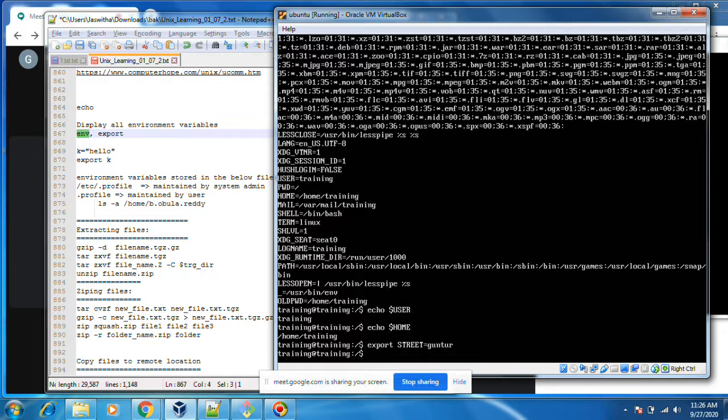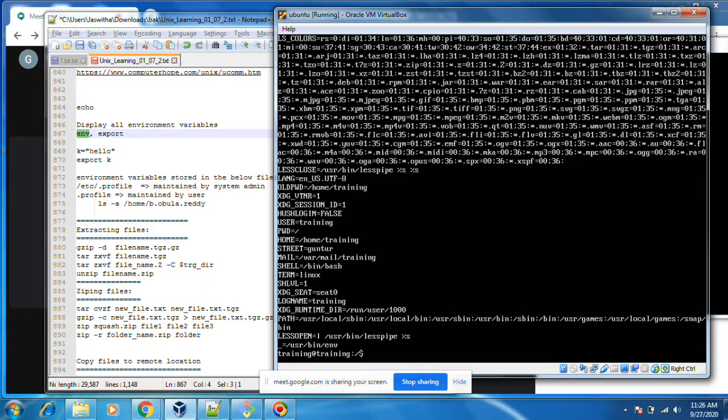Now you type env, and you will see street equal to Guntur here.